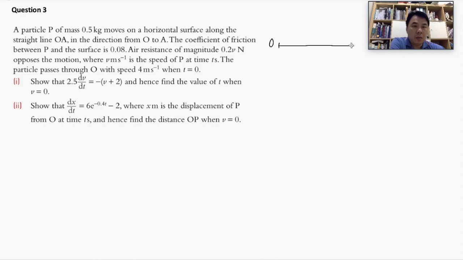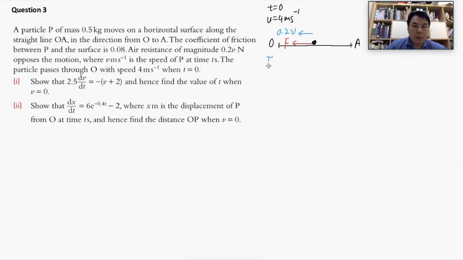Okay. So OA. Let's assume that here, at t equal to 0, the initial velocity was 4 meter per second. It has a resistive force here. At the same time, it also experiences air resistance, also acting in the opposite direction to the motion. Okay. And then what else? Let me see. 0.4. Okay. And then